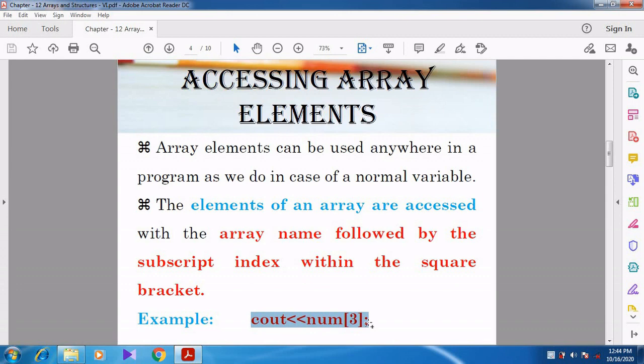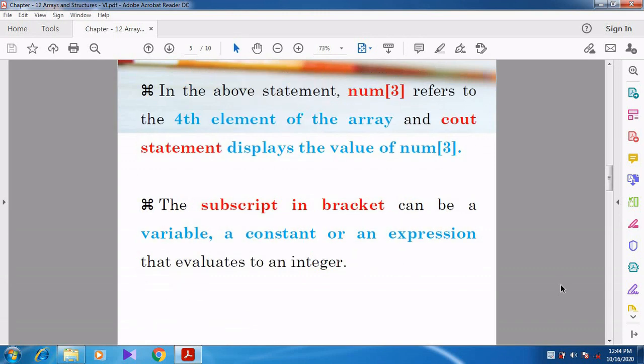So num[0] is the first element, num[1] is the second, num[2] is the third, and num[3] is the fourth element.